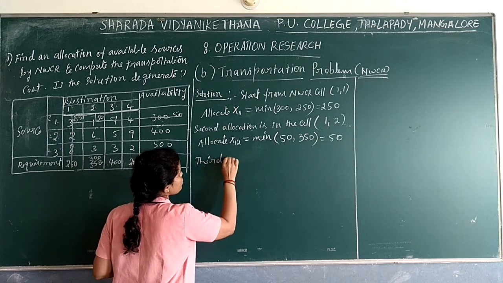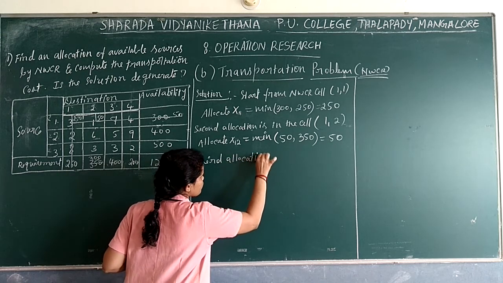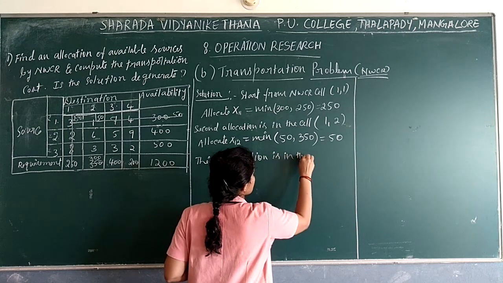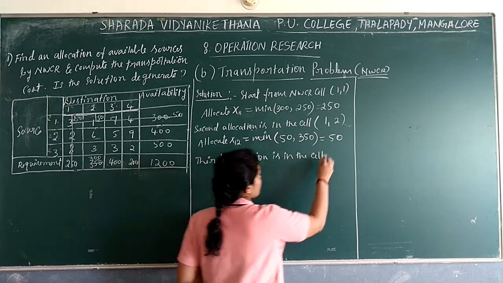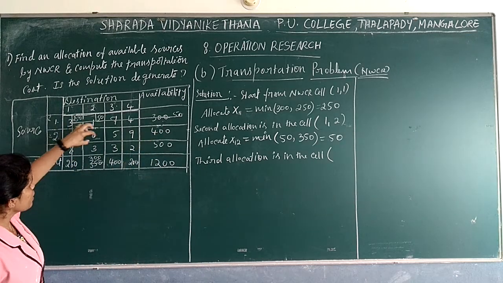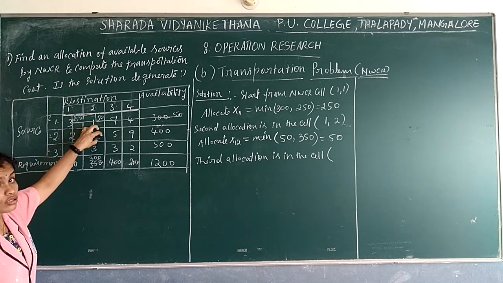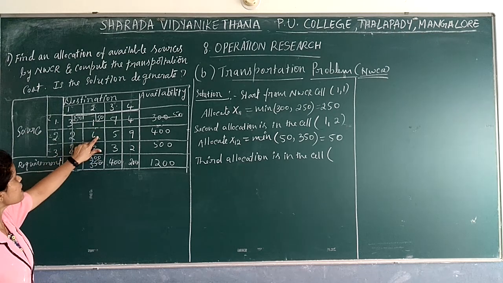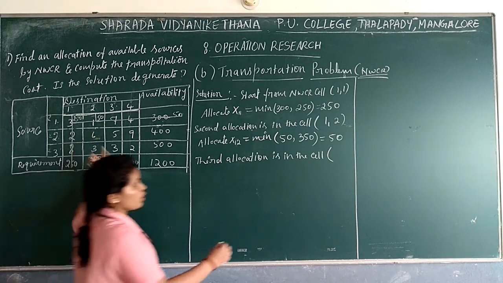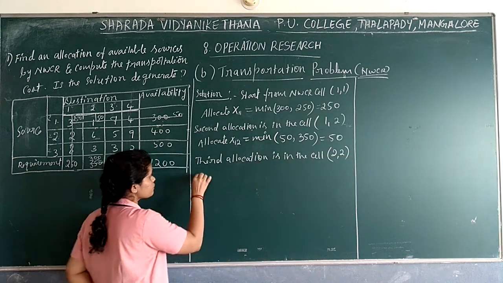The third allocation is in the cell. Which cell? Now which is the corner cell? This got over, this and this got over. This is the corner, northwest corner. Which cell is that? 2, 2. Second row, second column. 2, 2. Then allocate